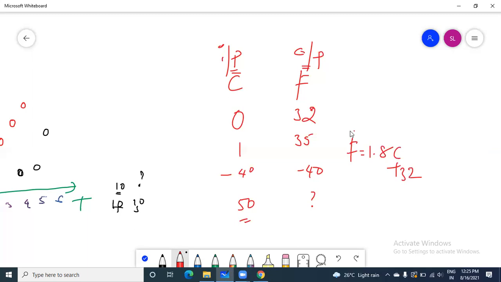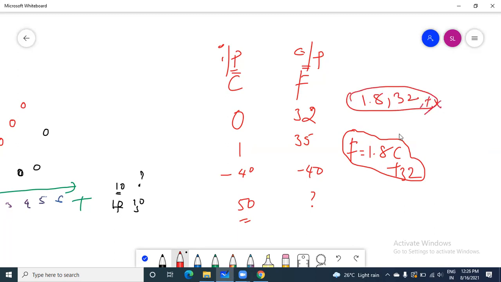But you are coming up with this relationship because you're already aware of the relation between centigrade and Fahrenheit. What if you didn't know that relationship? Your machine learning model should come up with this value, which is 1.8 as one parameter, 32 as another parameter. And there is one more thing, the plus here and also the multiplication here. So these four parameters, if you're able to generate them, that is known as machine learning.